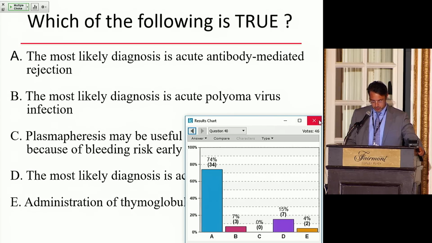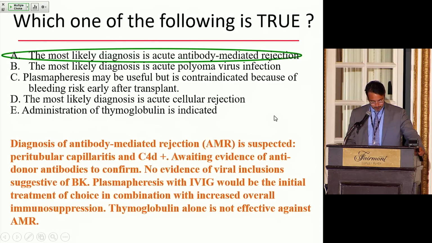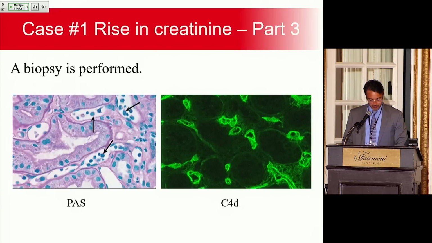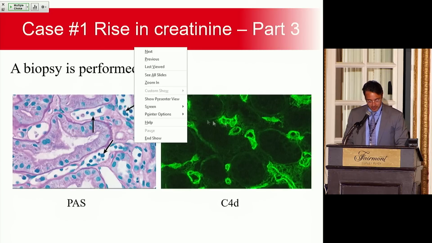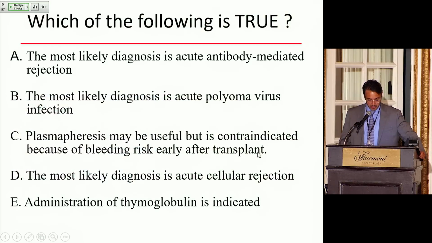And most of you chose the right answer, which is acute antibody-mediated rejection. So why do we choose that? There are two features that are very particular about it. One is in between the tubules, you see those capillaries that are distended and full of cells. That's peritubular capillaritis. We don't see a lot of T cells invading the tubule, which is classic for cellular rejection. And two, we have the C4d deposition on the immunofluorescence, which is classic for complement activation in endothelium